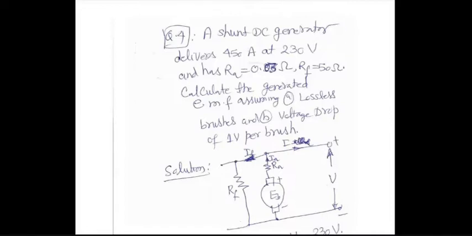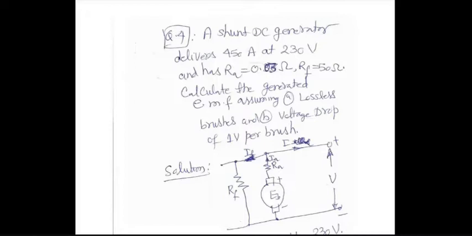As I have been mentioning, in many books you will see load current being denoted by IL or IT, that means terminal current. And same thing about V. They may call it VL or VT. I'm avoiding those suffixes. I'm simply calling them V and I. Okay. So first equation is IA equal to IF plus I, KCL at the node.